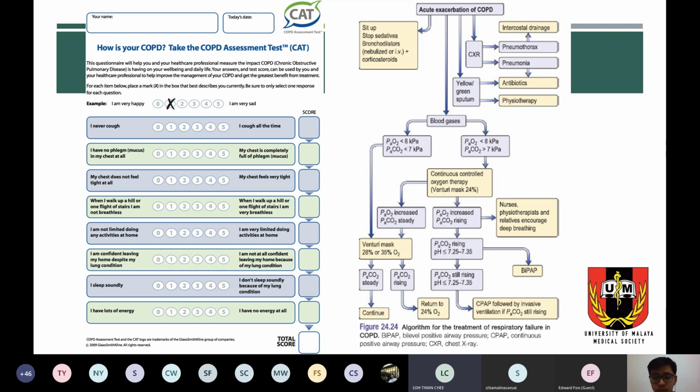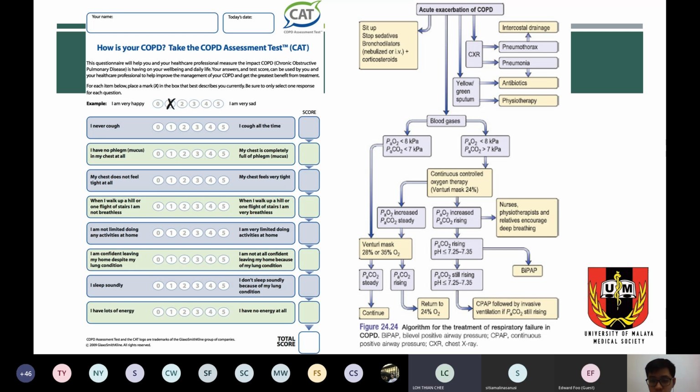Okay. So, but if your PO2 increase, but your PCO2 also increase, you're looking at causing more CO2 retention. So this is dangerous. Okay. So if the pH is still okay, probably you can look into and encourage deep breathing exercise. But if the pH starts to drop, then it's time to offer patient assisted ventilation, whether it's non-invasive or invasive